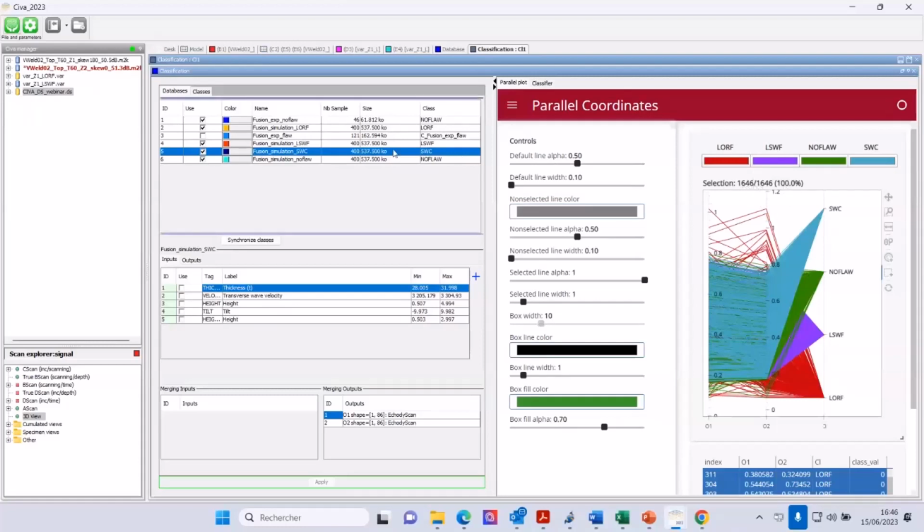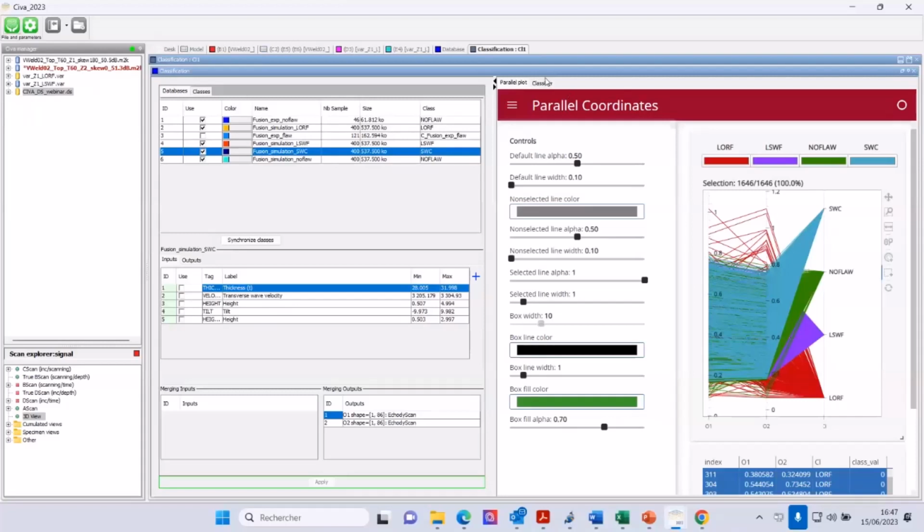1646, which correspond to the 400 simulations for the 4 files, plus the 46 from the experimental data. So we have all the different data, 1646 data. And the other thing that we can check also here is that we can see that all the samples have comparable maximum amplitude values, which means that we correctly calibrated. It took time, and this is what I did 5 minutes ago when I divided by 20,000 to calibrate my experimental data with my simulated data.